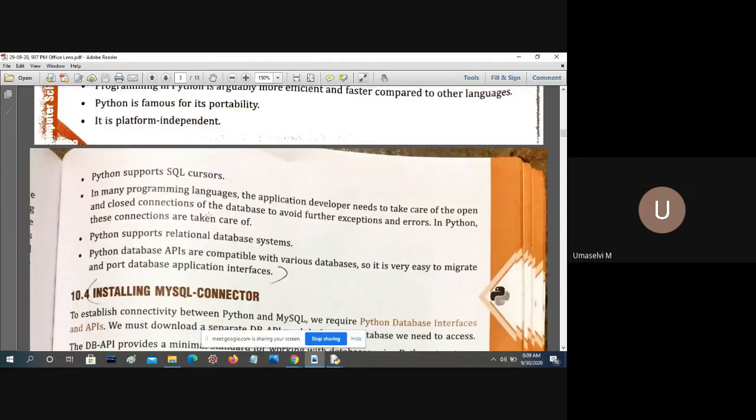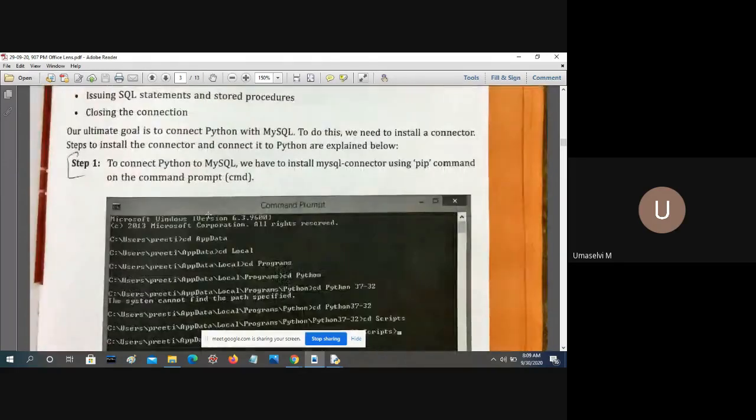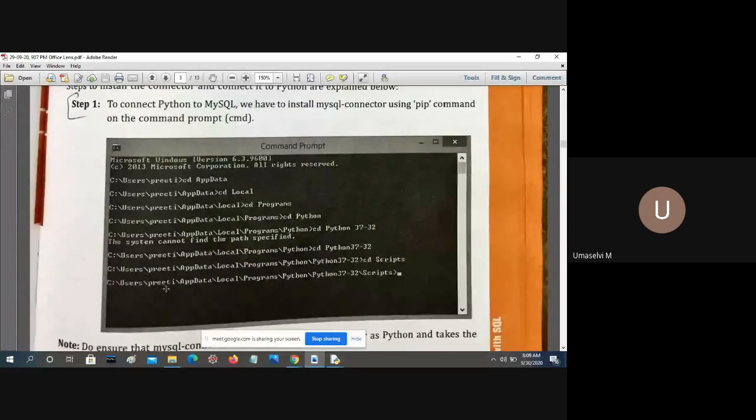Now, how to install the MySQL connector? See, in the C drive, users. You go to the command prompt and give the CD command. This page is from the Preeti Arora textbook. You have to look at your users folder in the C drive, where it is installed, that is your PC username.